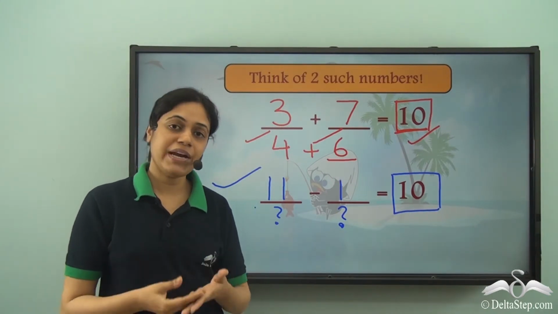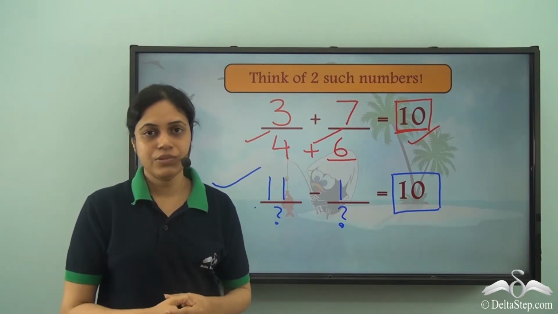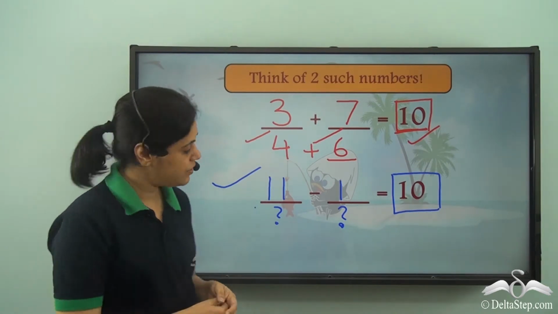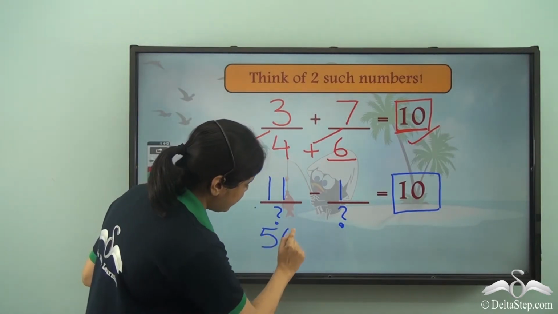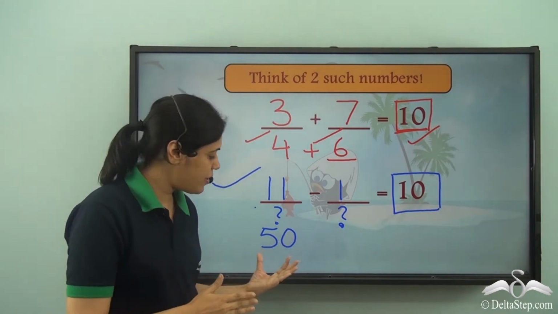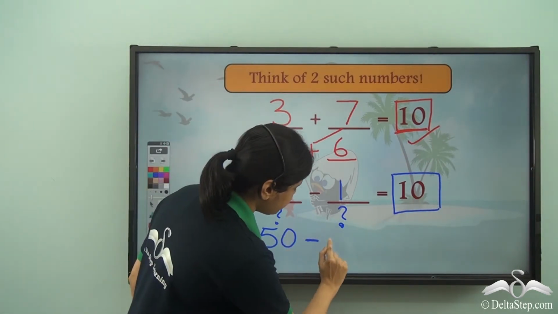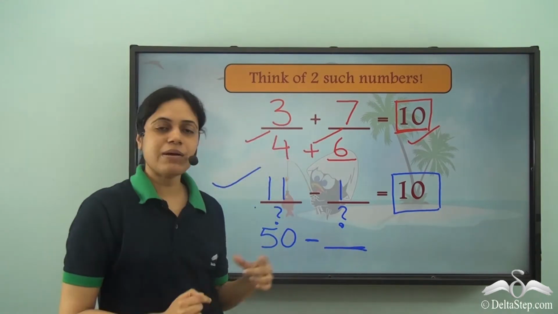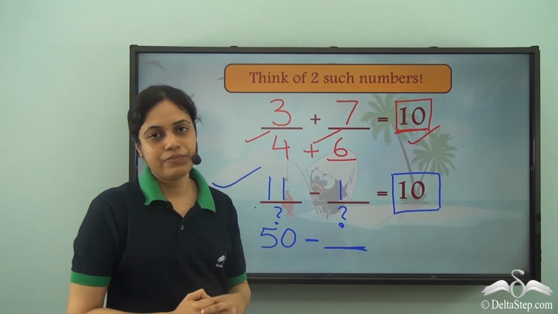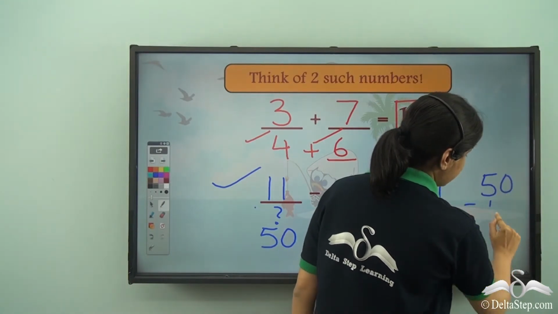Once again, you might have a question, what if I take another number greater than 10? So take a very huge number. Say for example, take 50. So if I take 50, which is still bigger than 10, I just need to ensure that the number I take here is bigger than 10. If I take 50, I need to find this number. This number will once again be 50 minus 10. What is 50 minus 10?